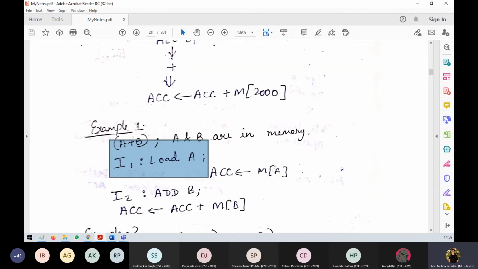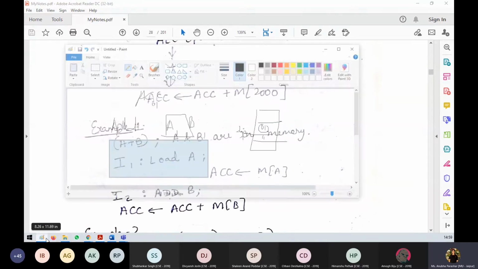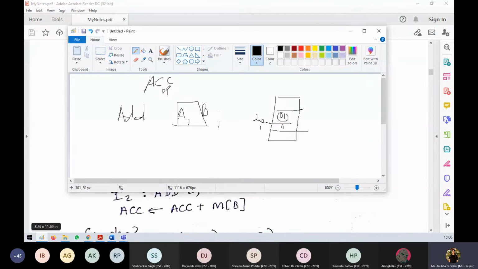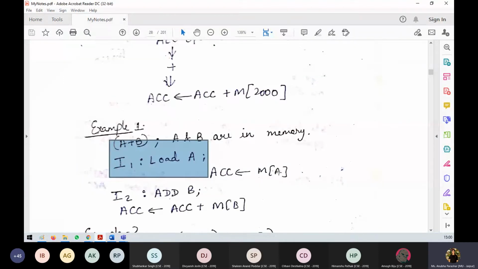You always remember this thing. Whenever you see this bracket, always remember the address of A is passed and its value is fetched and stored to accumulator. So suppose the value at A is 01. So now at accumulator 01 value will be stored. But what address is passed? Maybe this is that address, 2000. So that address is passed. So address is passed, value is loaded. Yes, is it clear? Yes, ma'am.